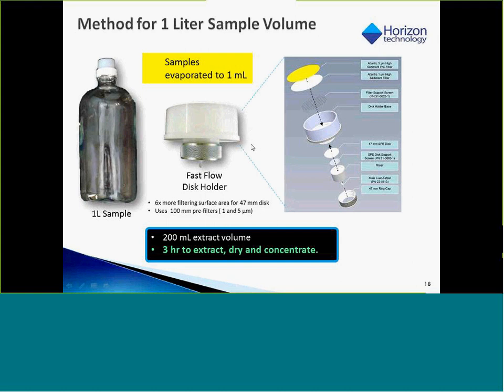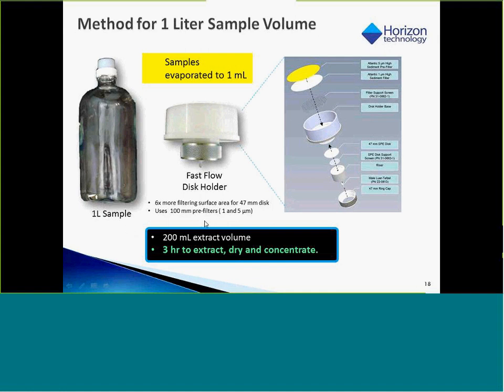So a fast flow disk holder allows you to put some filters on top of the SPE disk so that you retain the particulate for extraction, and yet you don't clog the disk. So it's really a very nice system, and you can see that when we ran these 1,000 ml